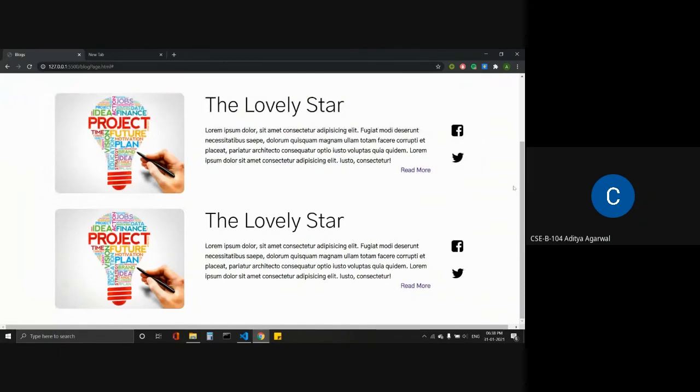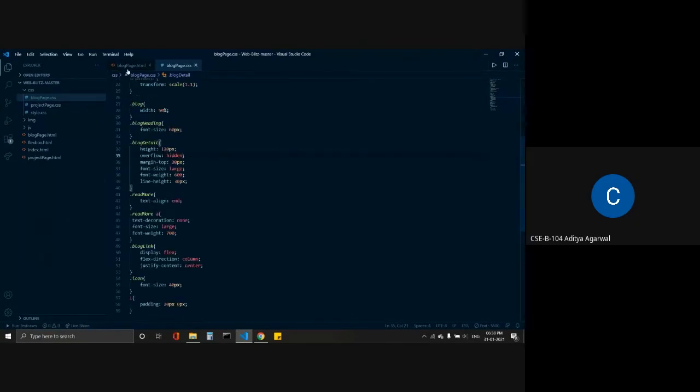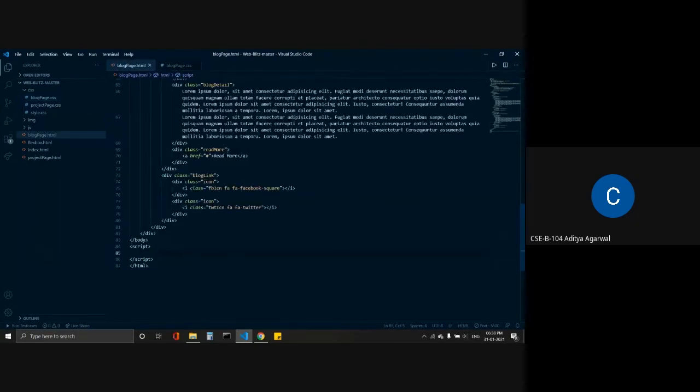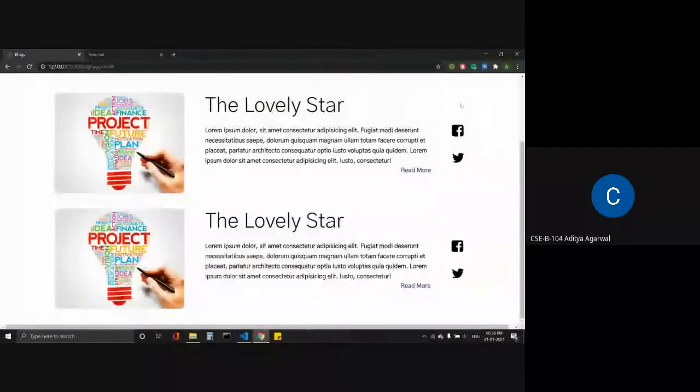So for that, JavaScript comes into the picture. What we can do is assign a variable, var, and name it readmore, and we can fetch this read more button.